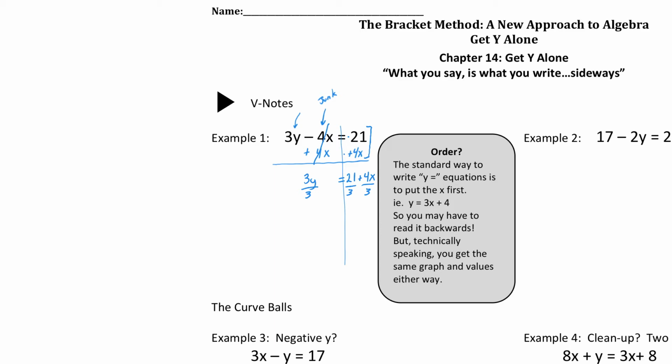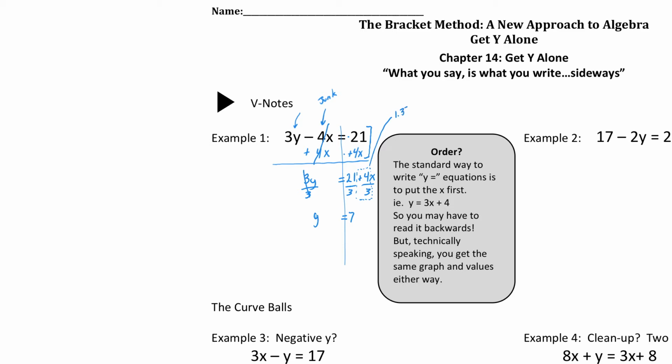From here, we let the calculator do the work. Y equals. And again, if you're great with numbers, do it. 21 divided by 3 is 7. If you're terrible with numbers, put them in your calculator. We typically will make my kids put these into calculators. Plus 4 divided by 3, or positive 4 divided by 3. The calculator will spit out a decimal. In this case, it ends up being